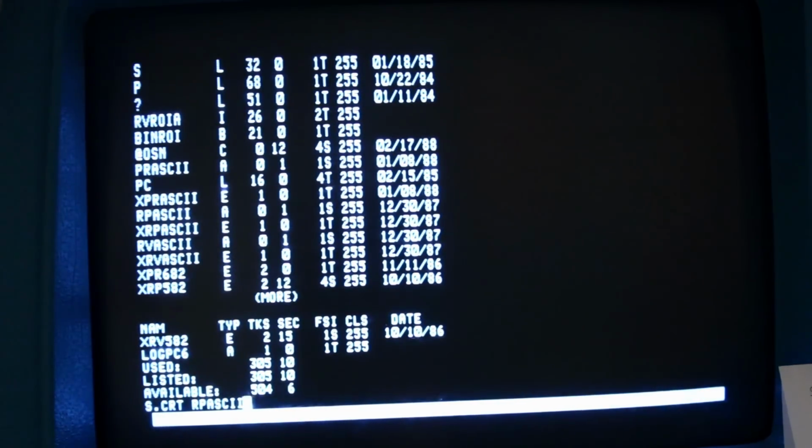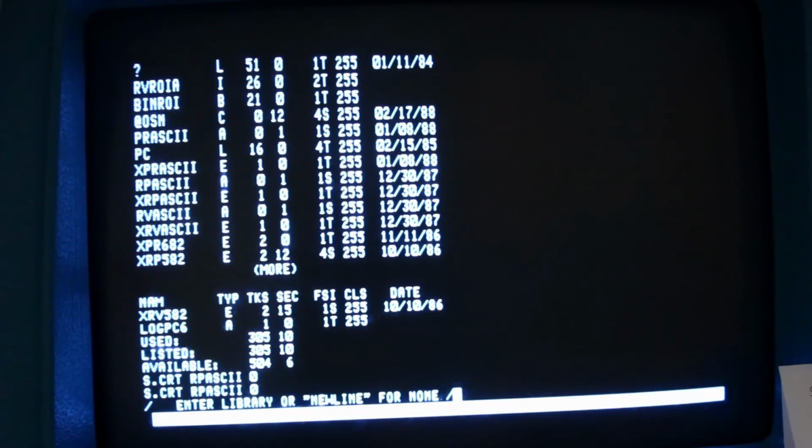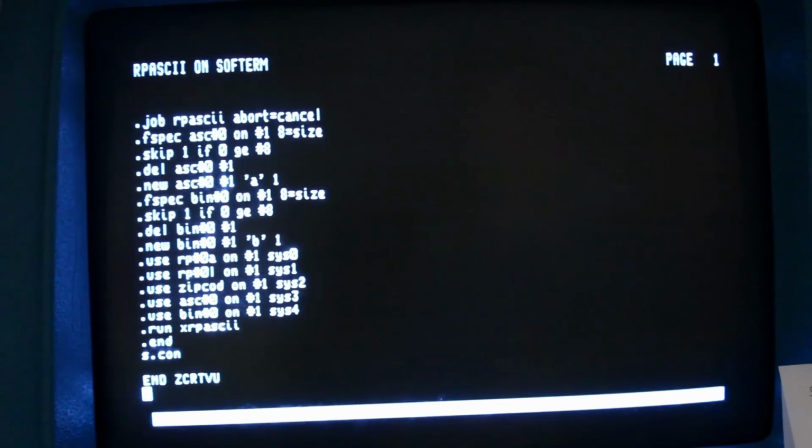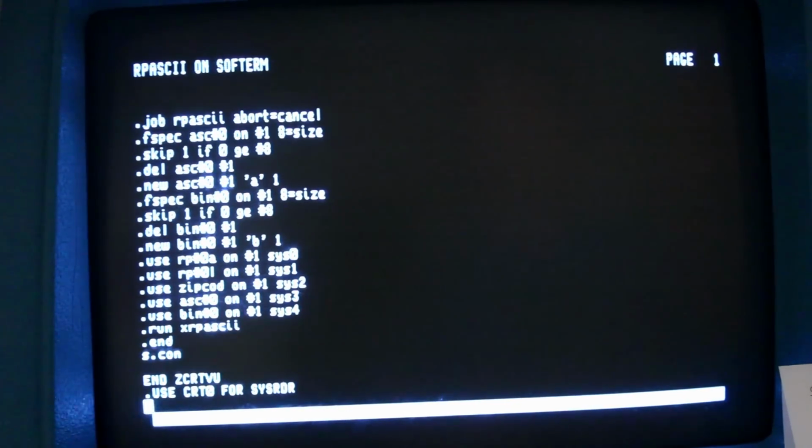RP ASCII. Tell it that that's on drive 0. Hit enter. Tell it that we don't have a library. And there we go. Now we're actually viewing the file RP ASCII on soft term. And this is a good example of the type of wrapper script that is used for how it's executing different